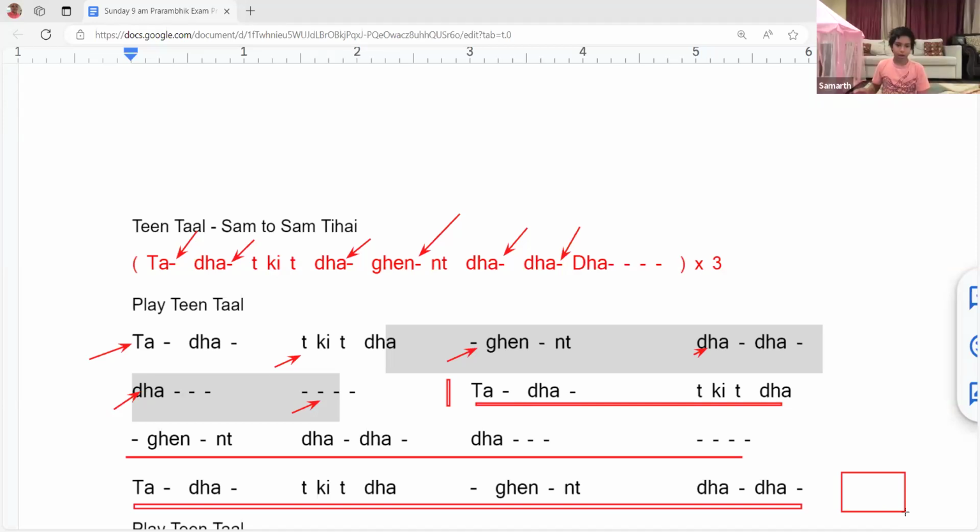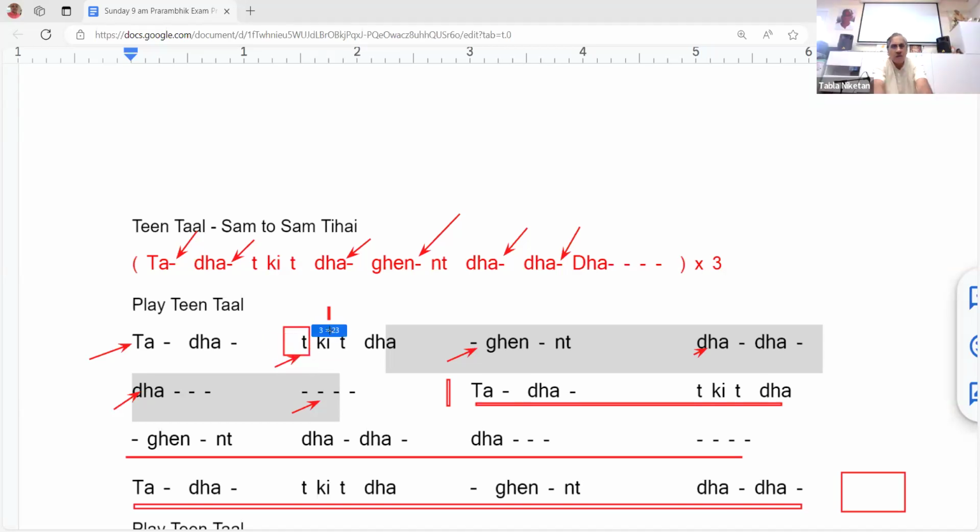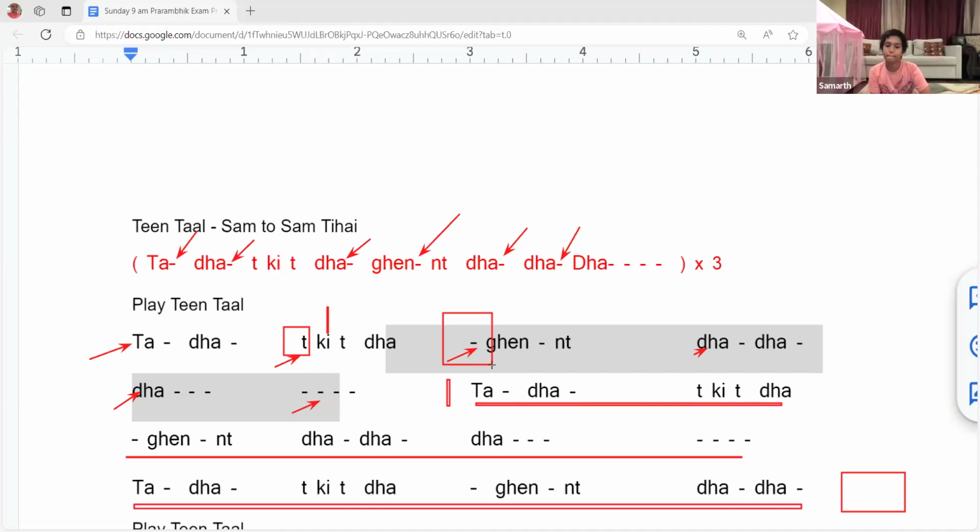Da ki da. You're clapping on the key. Is your clap on key? No. Where is your clap? You are clapping on key. That's not correct rhythm. 1 2 3 4 1 2 3 4 1 2. That's what the rhythm is. Ta a dha a ta ki ta da a ge. So if you are missing at the kita itself, I don't think you'll be able to do the remaining part at all, because this section is the most difficult section. Do you see the outcome? This is what will happen if you don't pay attention.